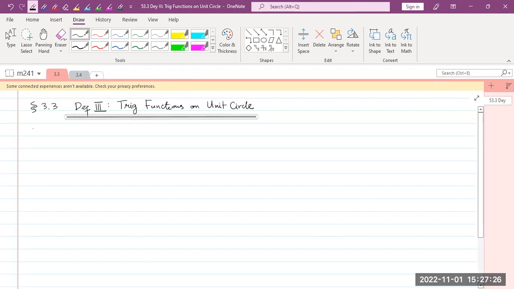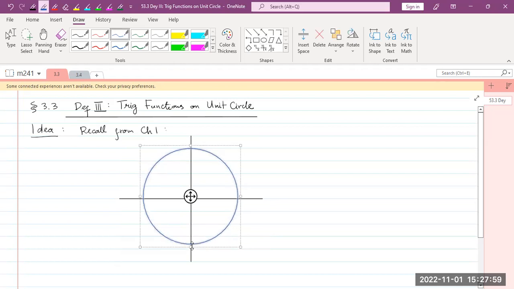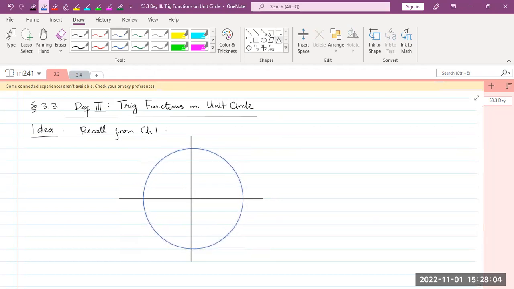Let's start with some idea. The idea is as follows. Somewhere in chapter 1, recall from chapter 1, we learned that if we have a circle with radius r centered at origin, then